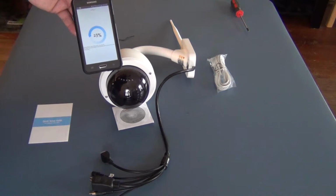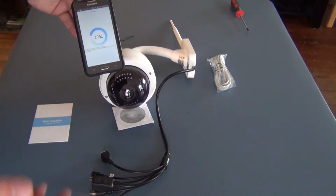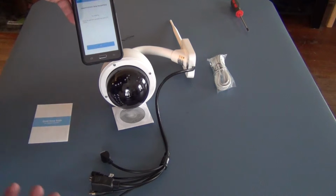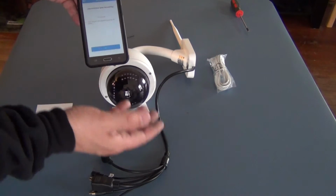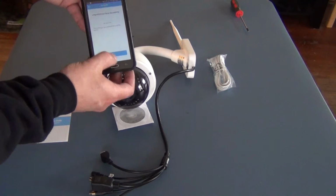You don't have to do anything until after it's connected, and that's to give the camera itself a password, which you can set to whatever you want. It says, congratulations, setup successful. That's how easy it is to hook up to your network. And you hit next,